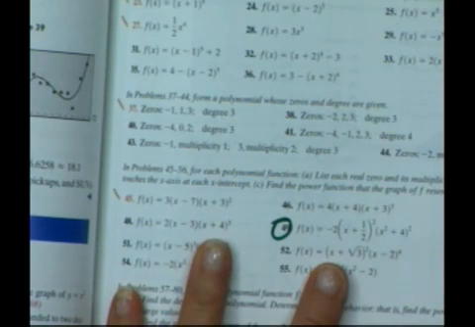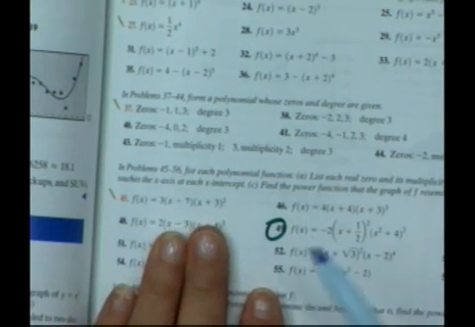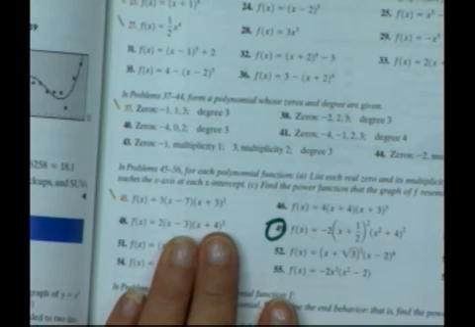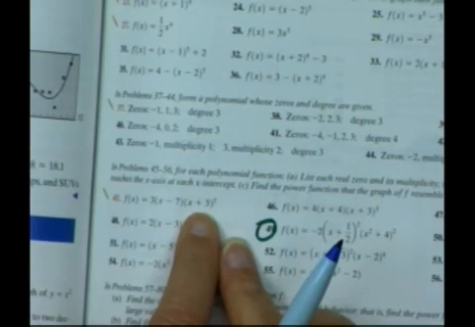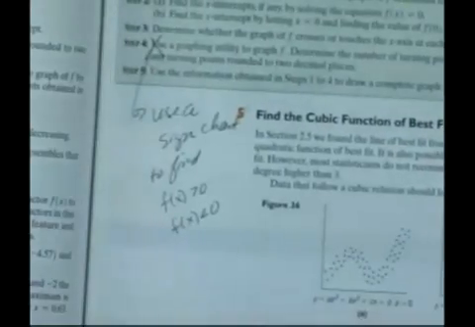All right, how do you determine whether the graph, ahead of time, before you sketch it, is going to pass through the x-axis or going to touch it? How do you determine that, everybody? Odd or even. Okay, is the degree of the polynomial function even or odd? Not the degree, excuse me, if the factor is even or odd. If the factor is even, what's going to happen? It touches and turns around. This is written out for you